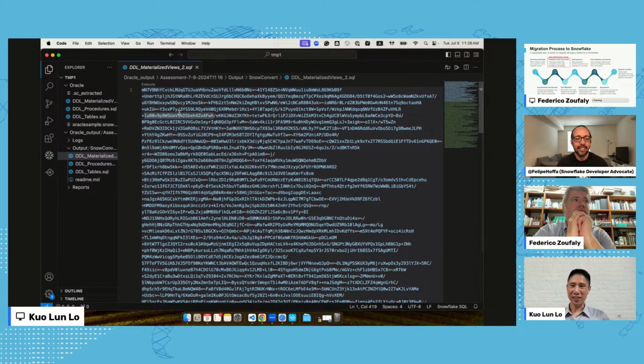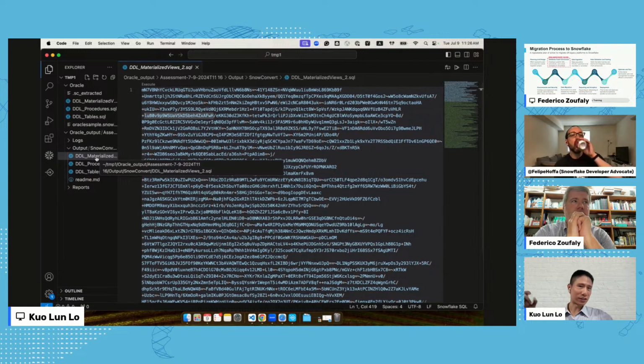If you want the procedures, materialized views, views, packages, macros and functions converted, you have to contact Snowflake Professional Services and engage with us, and then you get the full capability of the SnowConvert code conversion and will be able to migrate.